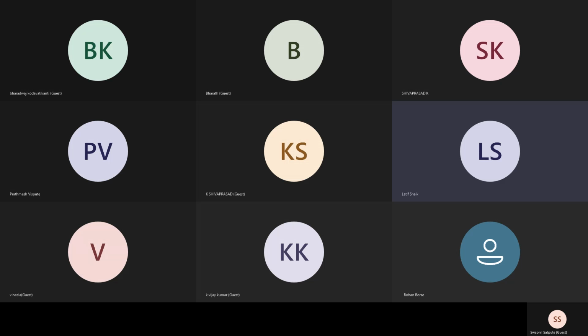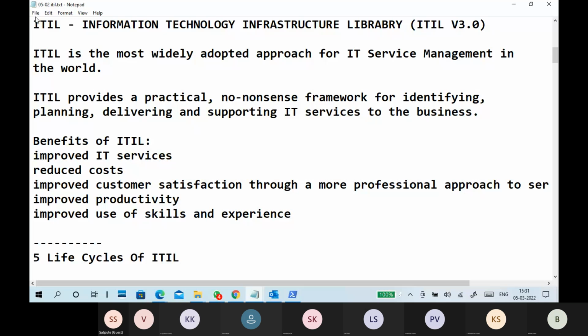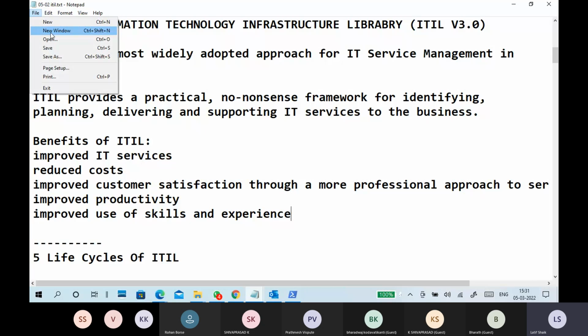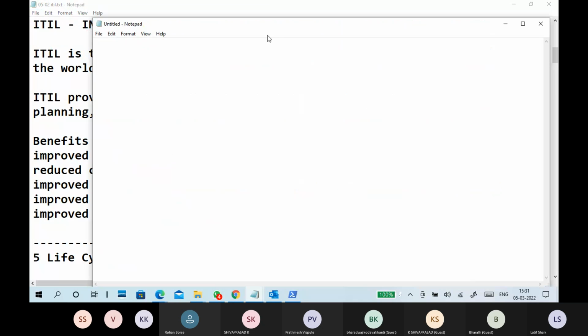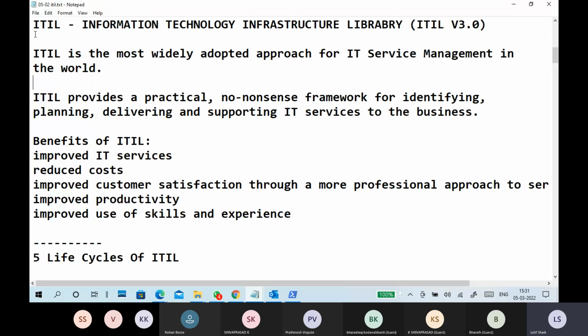Another problem. Okay. Now we'll take a new one. So here,